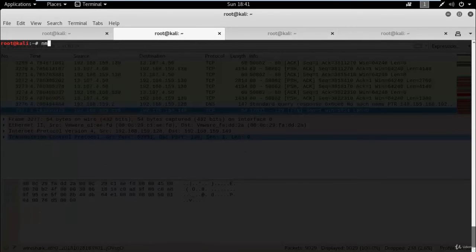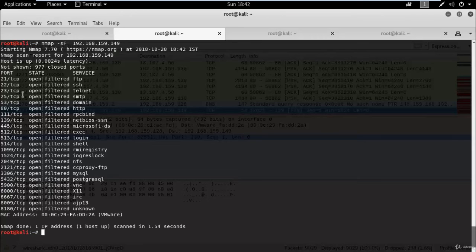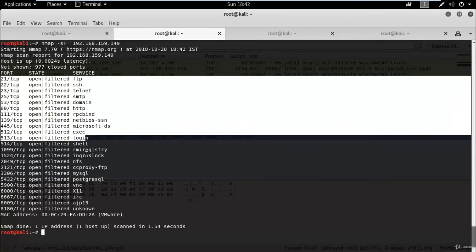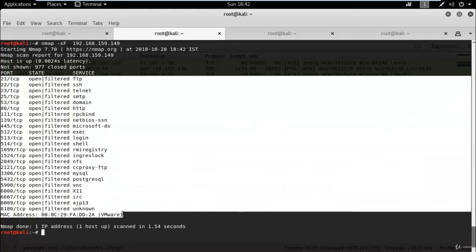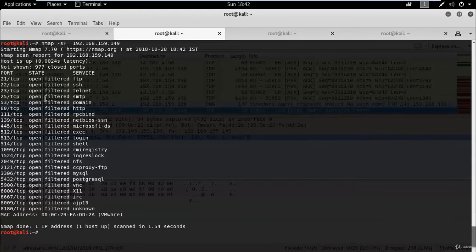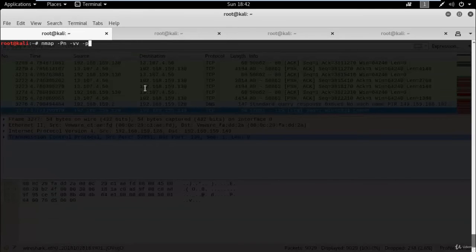Let me scan again. Here is the information for open ports. So now let me scan port number 25.